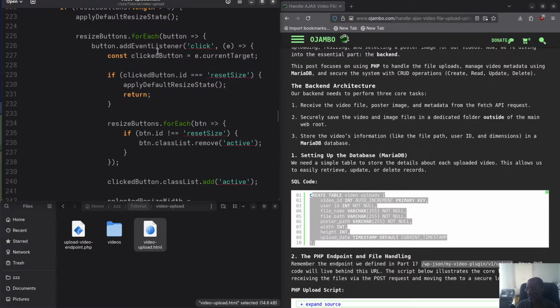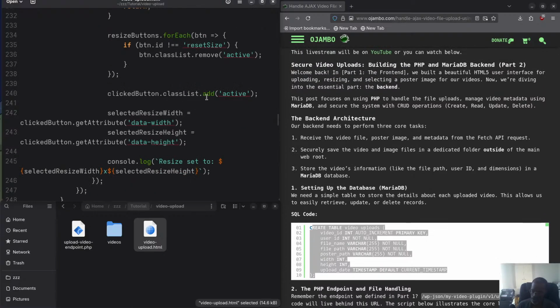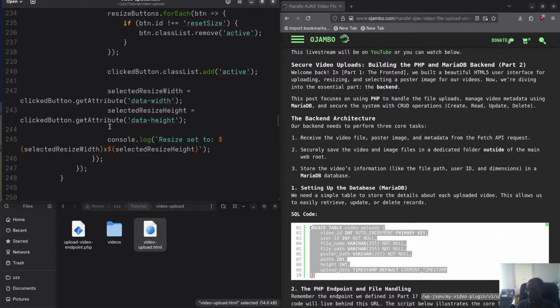If any of them are clicked, we basically check that and reset, unless it's the reset size one, then that's different. We set it back to the default. And then for all those resize buttons, if it's reset size, like I said before, we remove the active. And then whichever button was clicked, we set it to active. Okay, and then we grab the attributes, I said data-width